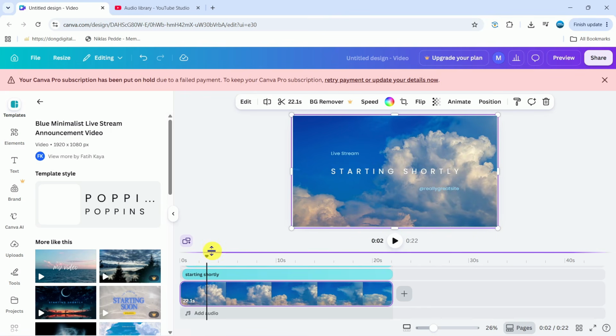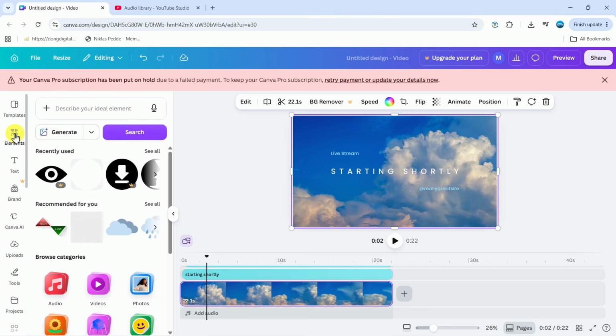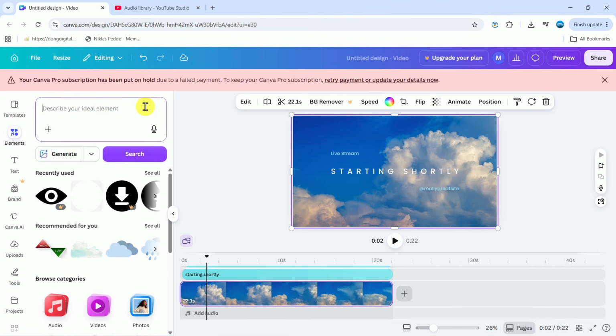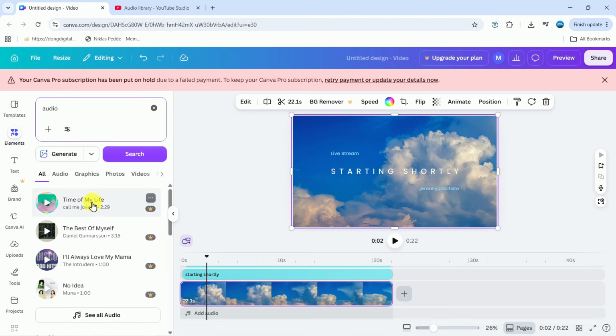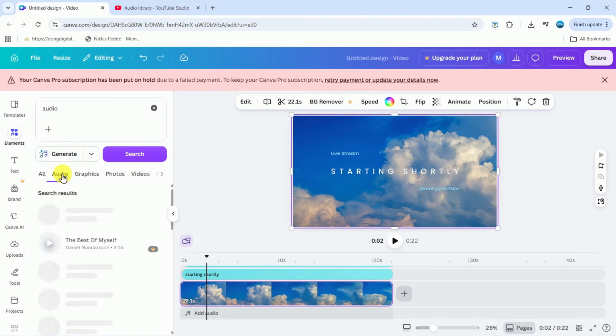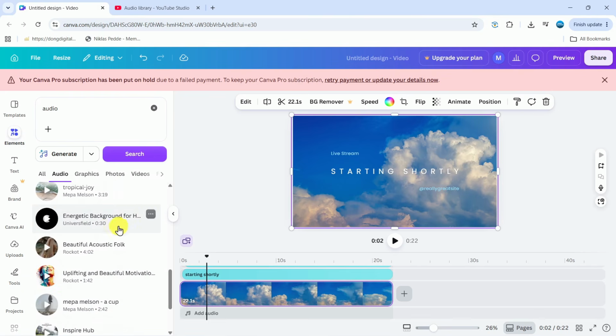To add any of Canva's built-in audio, what you want to do is come over to the menu on the left-hand side and click onto Elements. Once you've done that, at the search box at the top, you want to type audio into here, give that a search. And what that's going to do is bring up all the audio available on Canva. So if you come up to the top, click onto audio here, you can find all the inbuilt audio tracks